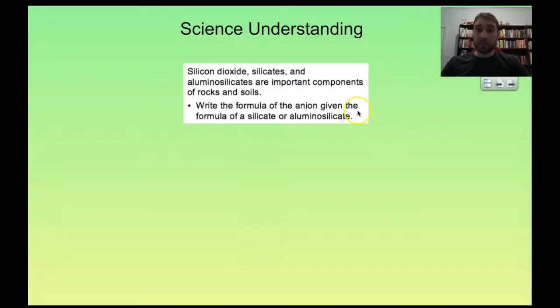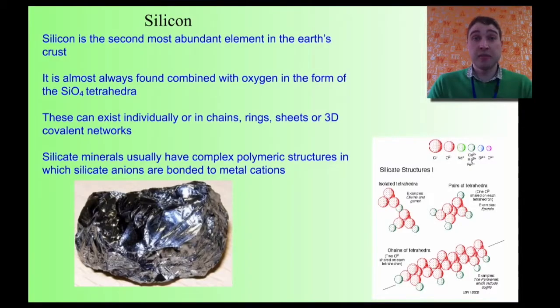So, science understanding: we're going to look at silicon dioxide. Silicates and aluminosilicates are important components of rocks and soils. Write the formula of the anion, given the formula of a silicate or aluminosilicate. So silicon is very important. It's the second most common element in the Earth's crust and is found combined with oxygen to form silicon tetroxide